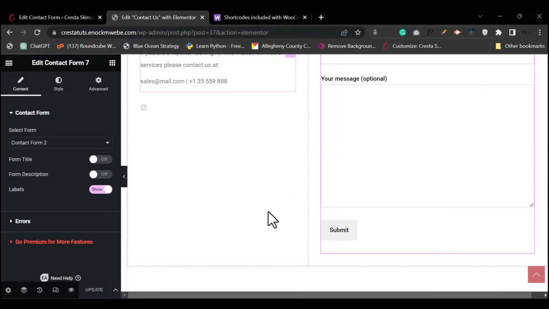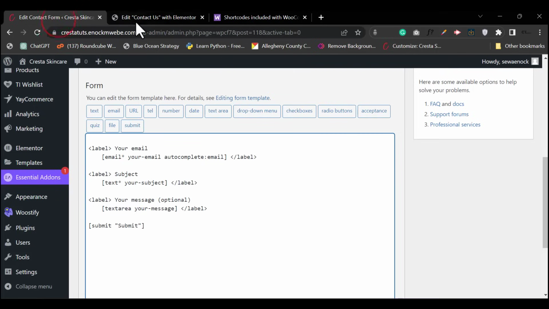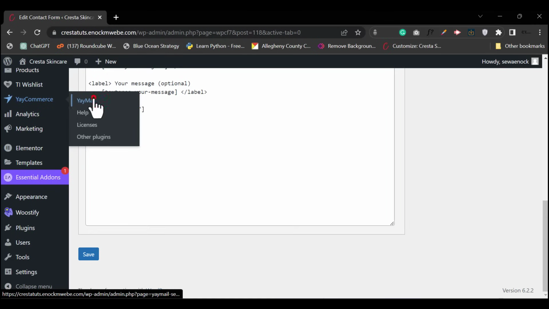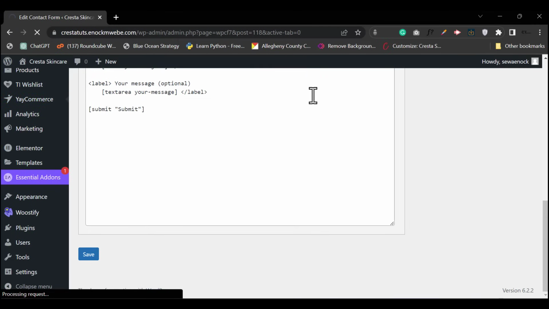Okay, so now the website is almost done. All we need to work on is the customer email, and we're good to go. Email customization. All right, so I'll close the tabs to the right, and we'll go under your email and click on your email, and we'll click leave site because we still didn't want those saved. Okay,